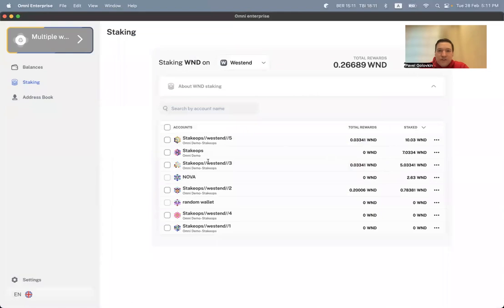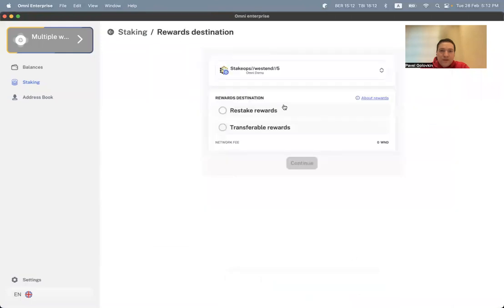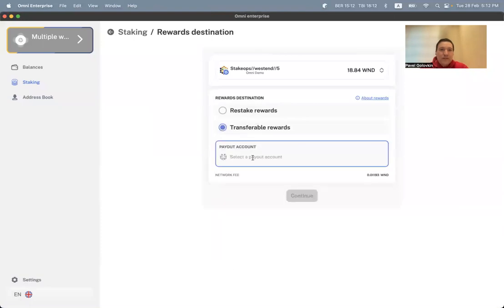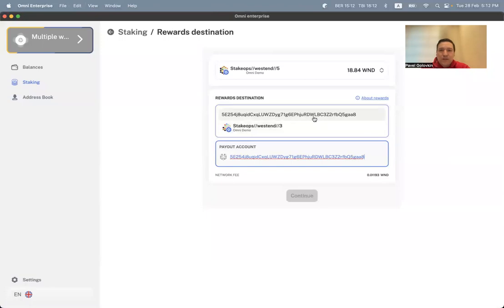And let's try to change the reward destination. So I copy the address of this nominator by clicking on the avatar, and I'd like to change the reward destination for this account. So I click to change the reward destination, and previously it was restaking the rewards, but I'd like to transfer them to another of my nominator accounts,